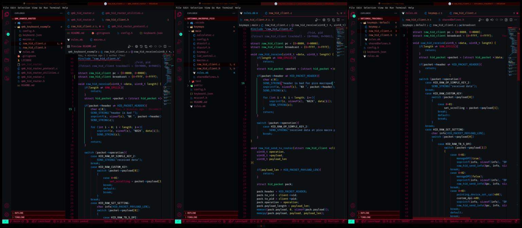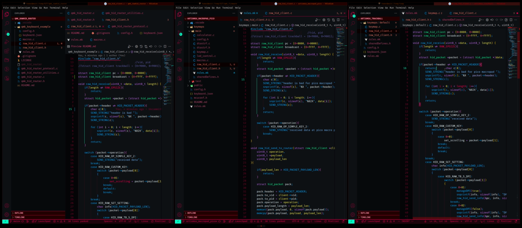So here, in this case, we want to do something like this as well. Then "header is bad for trackball". Then here "received data at trackball",